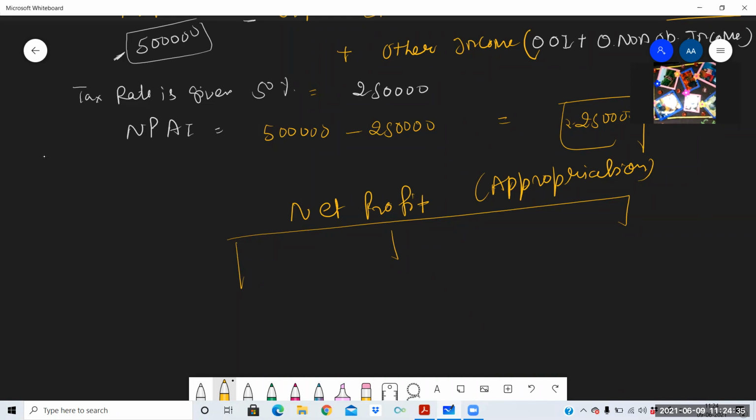First, one portion is given to the government in the form of profit tax, which is also known as corporate tax, which you must have studied in economics in national income. Then the left out profit, which is known as profit after tax, is further divided into two parts. Now we have given all the claims to the outsiders: the employees have got the salary or wages, and the lenders have got the interest.